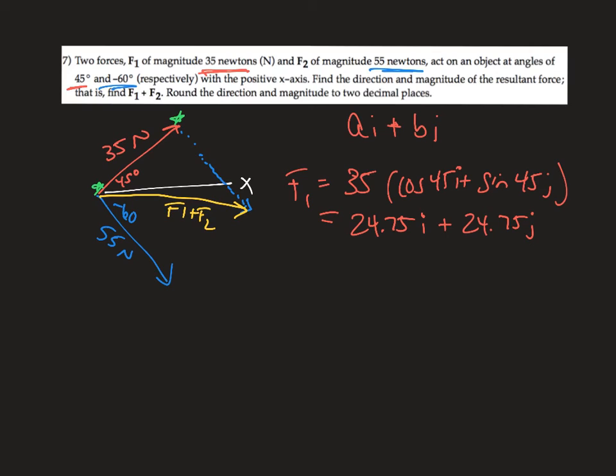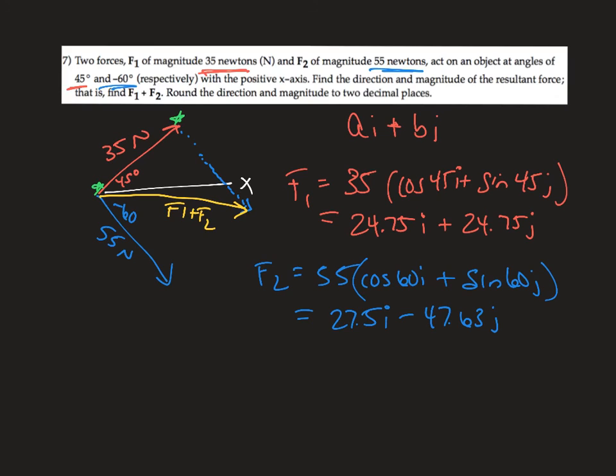Although I think my MyMathLab might actually leave it. We'll see. I don't think so. I think I took that problem out. So then the second one is 55 cosine of 60 i plus sine of negative 60 j. So that's going to be 27.5 i minus 47.63 j. So F1 plus F2